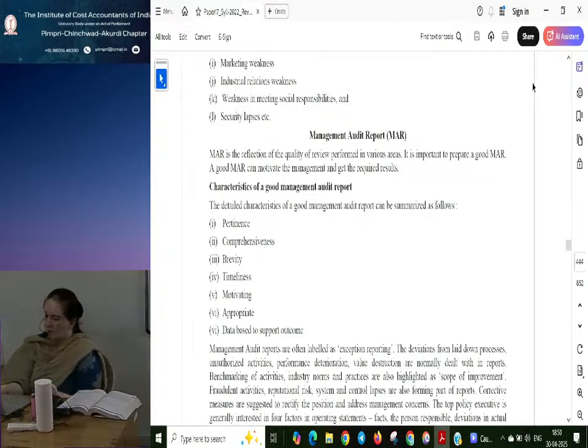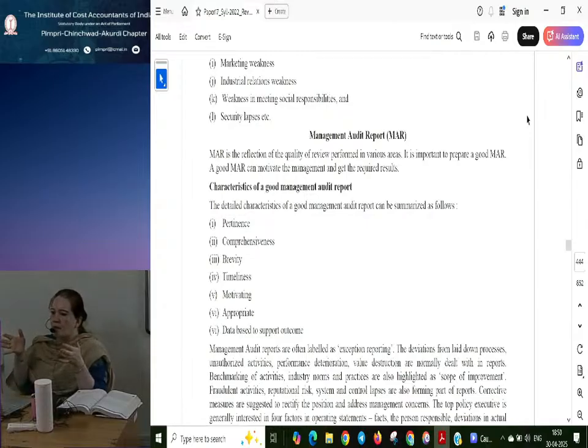Okay. So coming to management audit reports. In the last session we saw the qualities of a management auditor, what all the working papers are, what management audit is, and the evidences he has to have. So now coming to a management audit report. See, there is no specific format as we have in the cost audit report. A management audit report is basically a request from the management, and according to their requisition it is prepared.